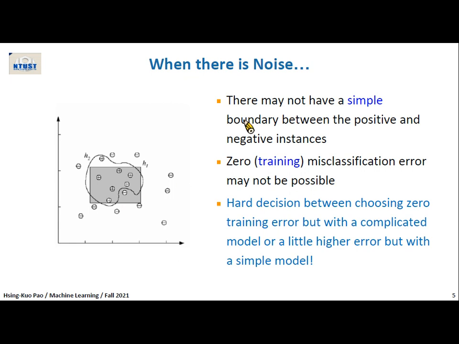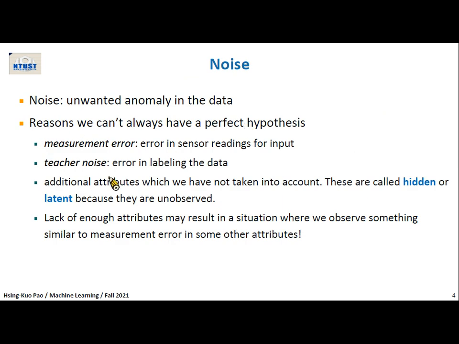So when there's noise, there will be all kinds of situations. The noise gives us the situation where we cannot perfectly do our job. We cannot have a perfect hypothesis. Let me just try again: if we don't have noise, everything is so easy, so damn easy. But that's not the case. Most of the time we have noise. So noise prevents us from building a perfect hypothesis.